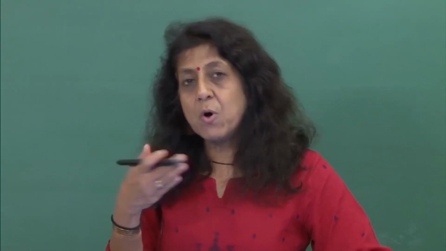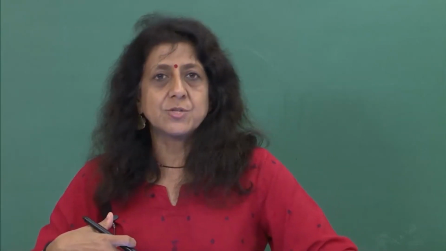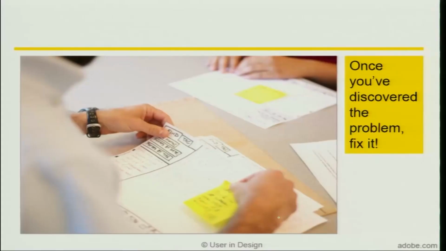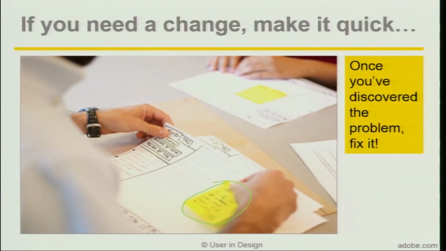Once you've discovered the problem, what do you do? Fix it as quickly as possible. If it's small little things, fix it before the next user comes. And that is where post-it notes and these kind of little things that you do on prototypes are very, very helpful. So before the next user comes, you can replace this post-it note and put another. Okay, you can maybe shuffle around a couple of sheets, but with paper it makes it very, very easy to do this. So fix the problem as quickly as possible.